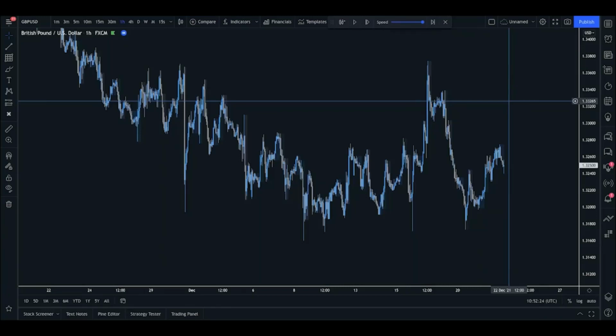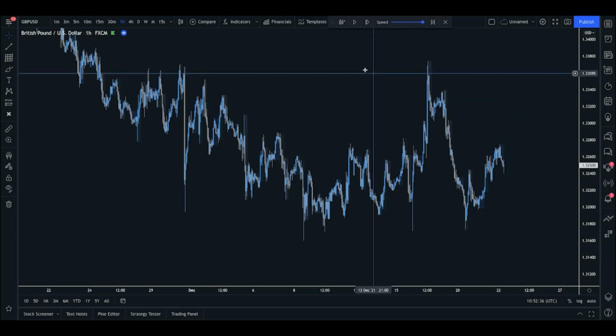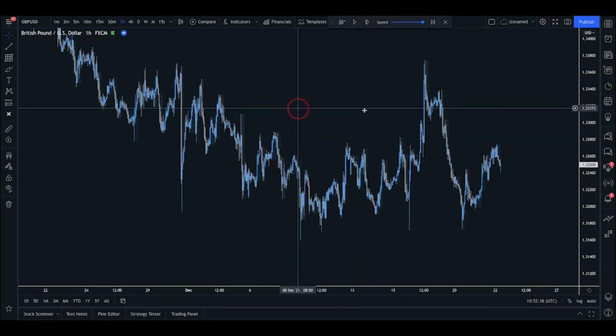Alright, so now we're going to go through a continuation trade on GBP USD. This is a low time frame trade once again, but this time looking at a continuation, not a reversal. So as usual, starting on the higher time frame charts, the hourly for this example, we can see here that